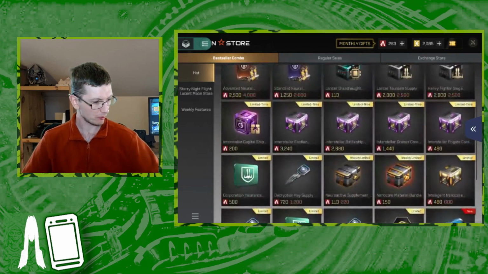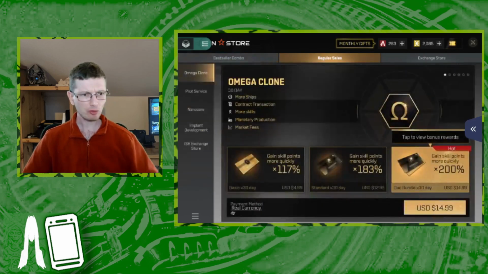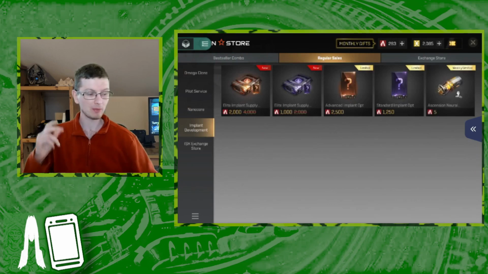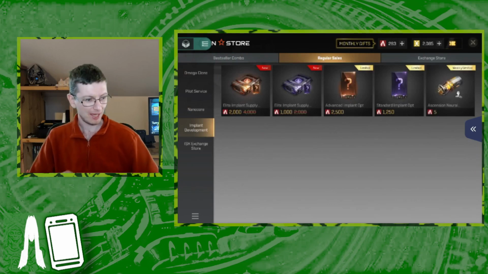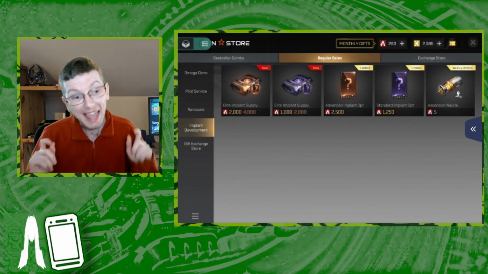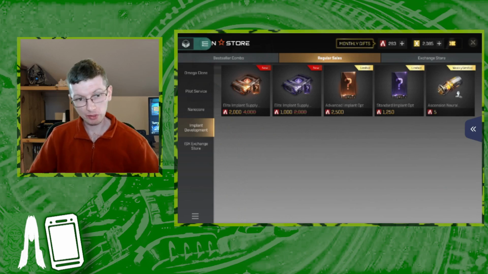You can go over to whichever... I can never remember which area I'm meant to be looking. Is it... Here we go. Implant development. If you head over to tongue twister. If you head over to implant development,